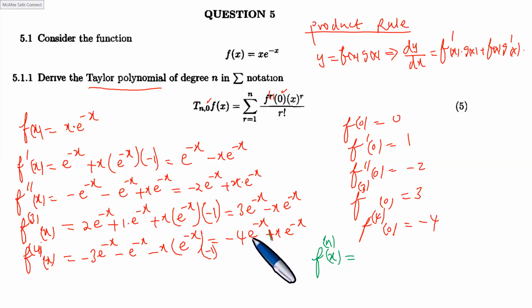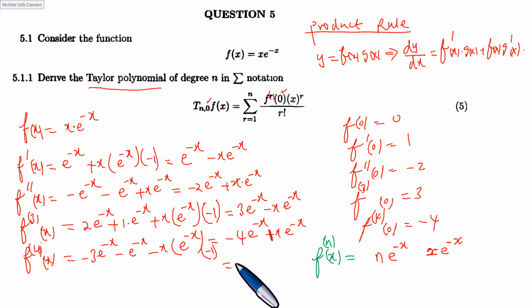Right. So what is the general derivative here? How else can it be? How can it be written in general? Right. So there's going to be an n because if it's 4, then it's 4. There's going to be an n. Then there's e to the power minus x. Then there's going to be an x. Okay, there's going to be an x e to the minus x. What else do we have here? Okay. Maybe we